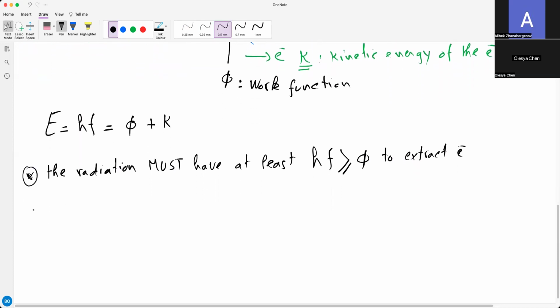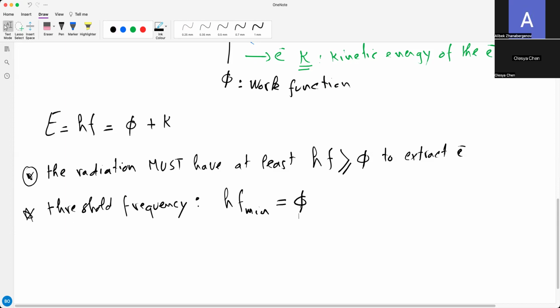We talk about the threshold frequency. What is the threshold frequency? Threshold frequency is the minimum frequency that you have to provide in order to extract electrons, just extract electrons without kinetic energy. So the minimum frequency, or the hf minimum, is equal to